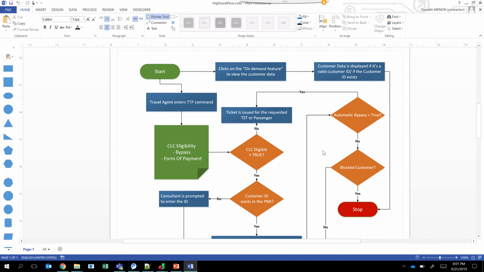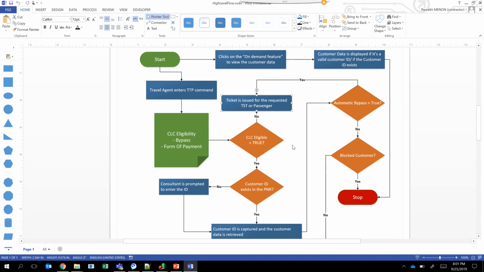So in the automatic bypass, you are not giving the privilege to the consultant to bypass a PNR from the CLC check. Instead, the administrator decides on the customers and configures it in the admin module. If the automatic bypass is enabled for that corporate customer, then the ticket is issued for that TST or the passenger, and an appropriate remark is added as well.